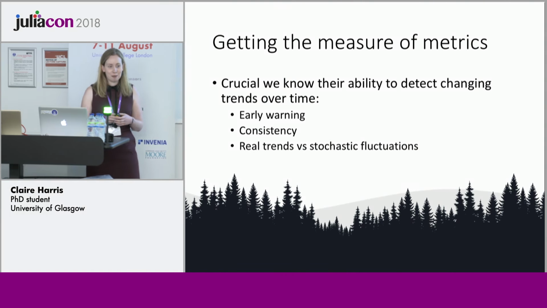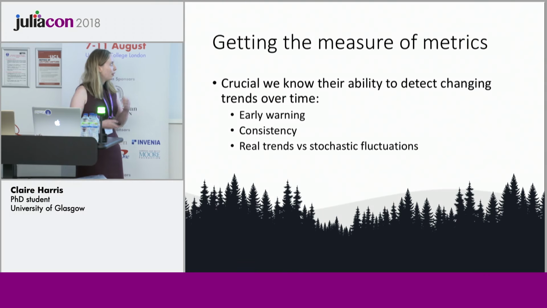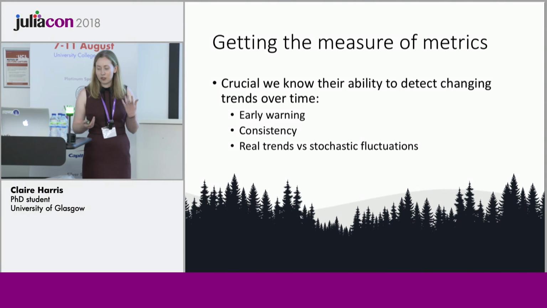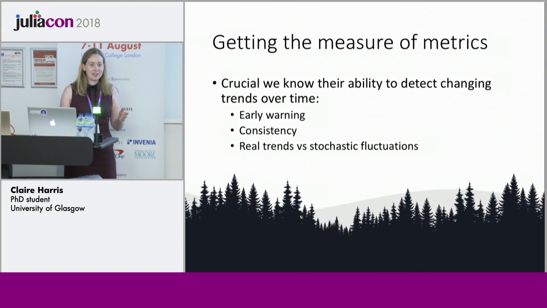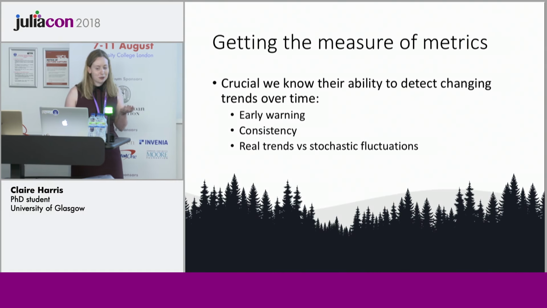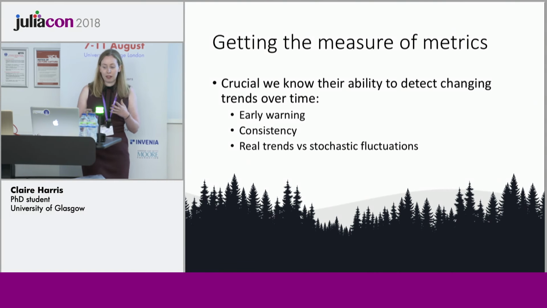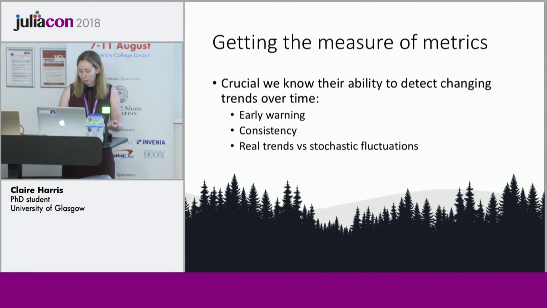So for that, we need some pretty good measures, which we're trying to work on. But there was a paper last year, I think it was, that identified these properties for if we wanted to look at biodiversity and how it's changing over time. So we don't want to know that all of the biodiversity is gone when it's gone. We want some kind of advance warning of that. We want measures that are going to be consistent and pick out real trends from the random fluctuations you tend to get in real life systems.